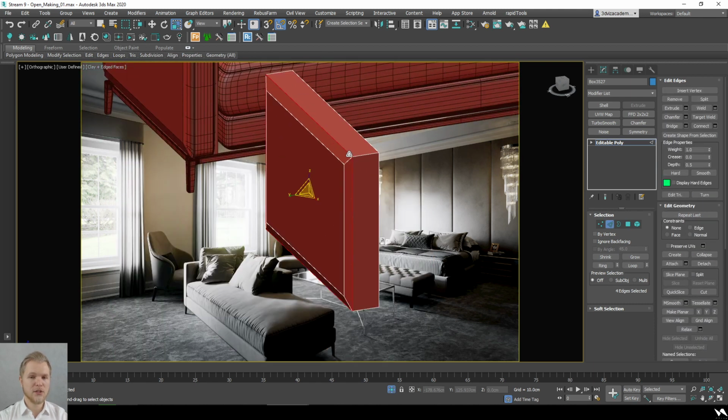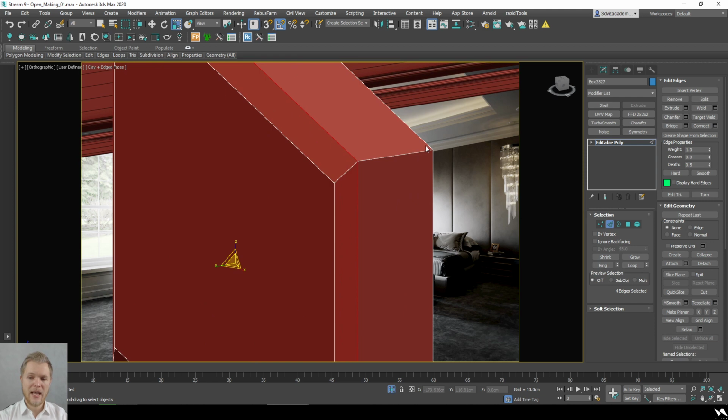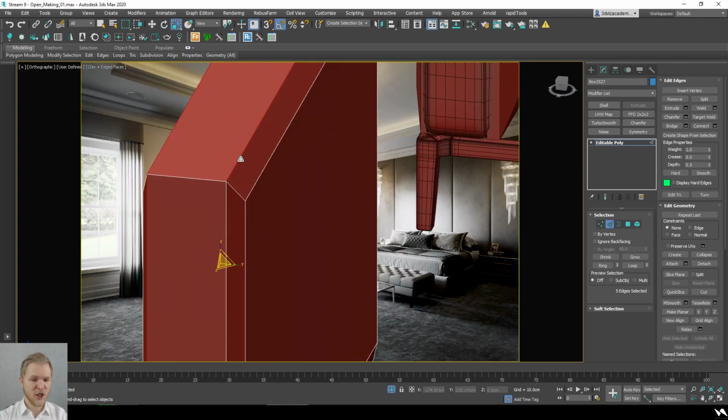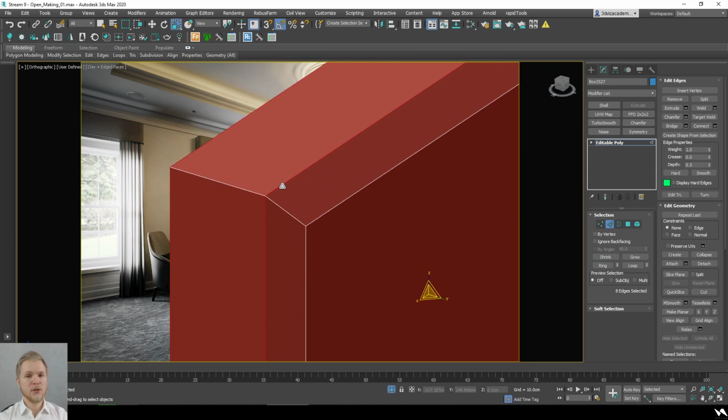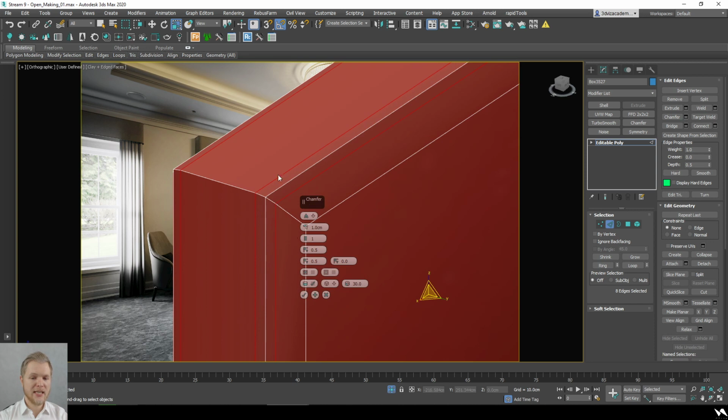So double click on this edge, sub object level 2, and double click on this edge here. So sub object level 2 again. What we're going to do now is simply chamfer this, so we get this nice effect going on. So once we do that, we're going to change it to triangular